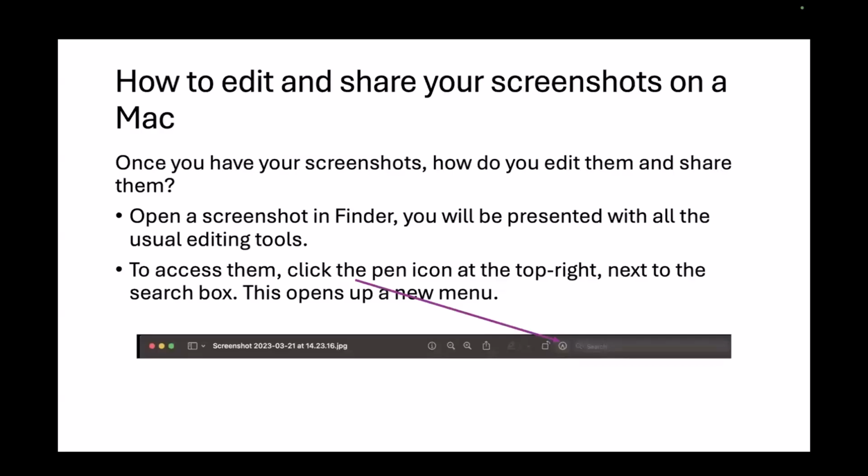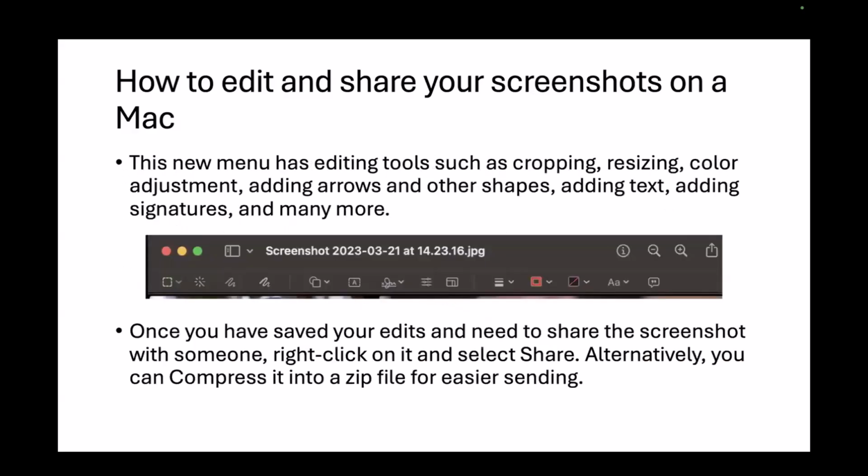If you want to edit and share your screenshots on the Mac, you can do that by opening a screenshot in the Finder, and you'll be presented with the usual editing tools. To access them, you will click the pen icon at the top right next to the search box, and this opens up a new menu. And this menu has editing tools such as cropping, resizing, color adjustment, adding arrows and other shapes, adding